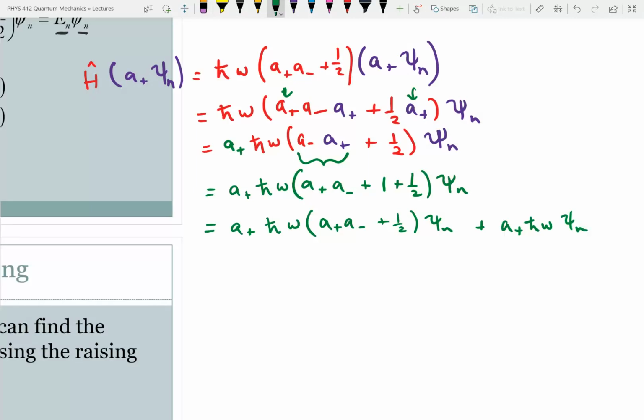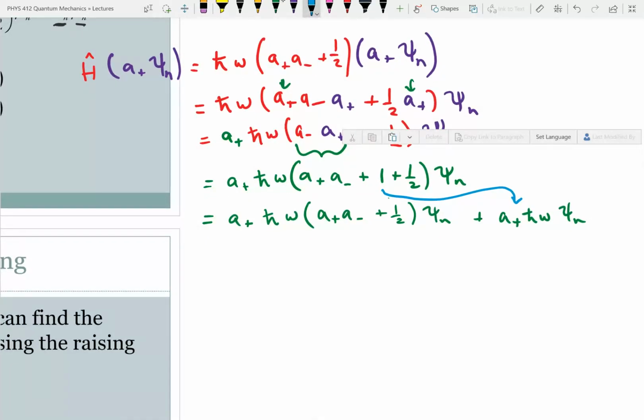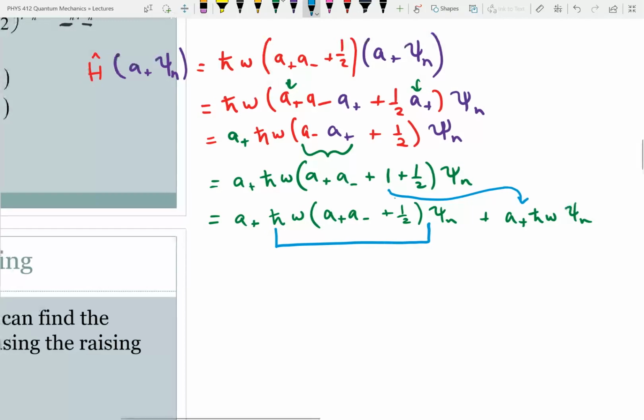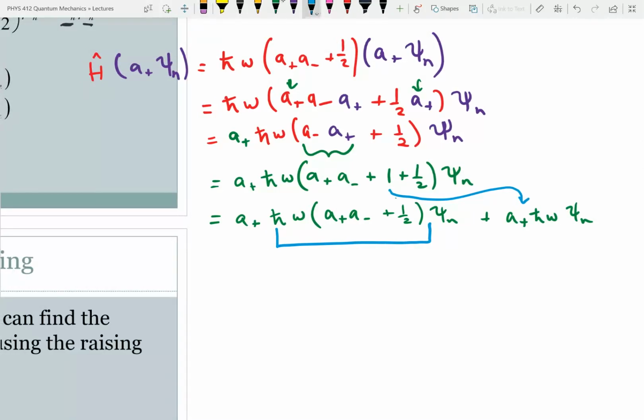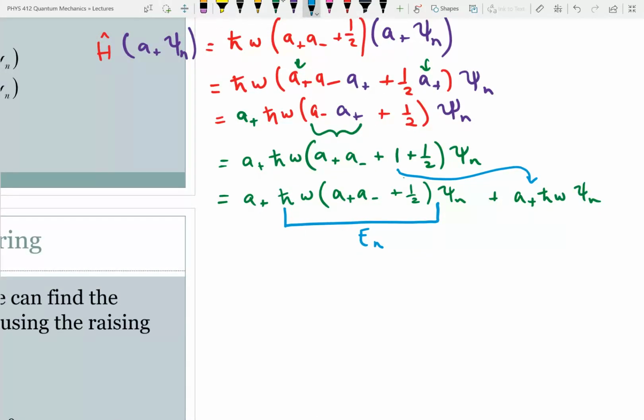Okay, what I did here is I just took the 1 out. So this 1 was moved out there to a separate term. And now we see our great aha moment. That right there is our Hamiltonian. And so that's equal to E sub n. And so I'm left with